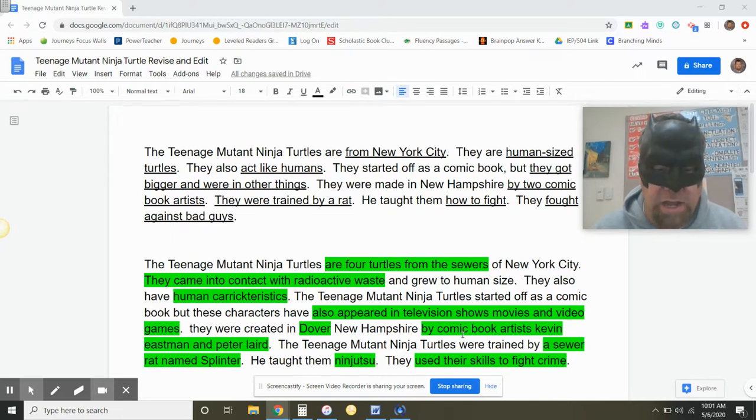Up top, the next underlined part, they were trained by a rat. Trained by a rat. Okay, give me more information, please. Down below, you can see it is a sewer rat named Splinter. That's not a lot more information, but we know that the rat came from the sewer, and we also know that his name is Splinter. Next underlined part up top, he taught them how to fight. In what way? Boxing, wrestling? Let me know. I want more information as the reader. As you can see down below, the highlighted part,